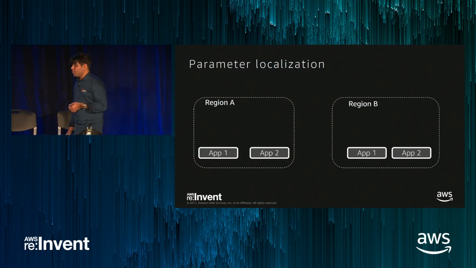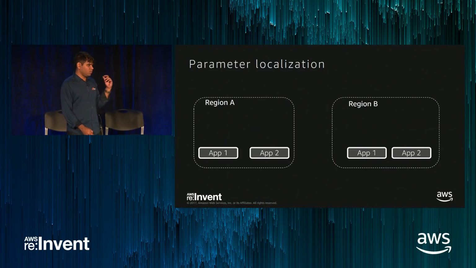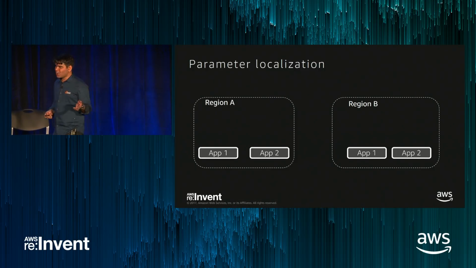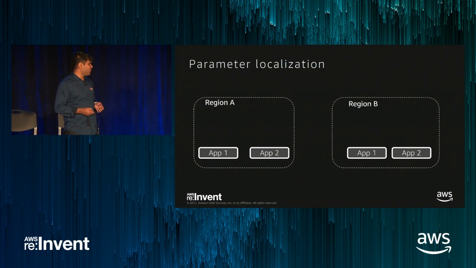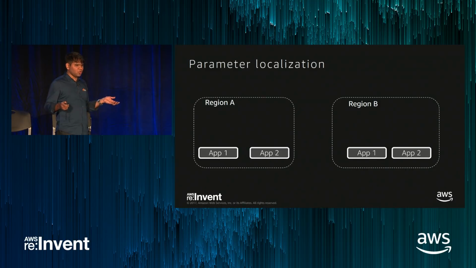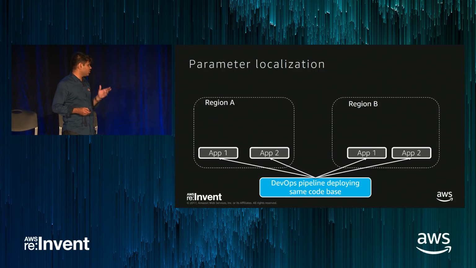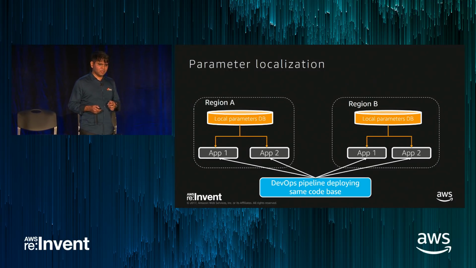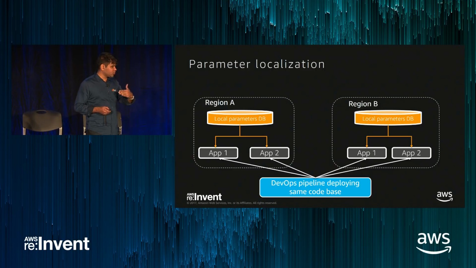Now, this is very important: parameter localization. This is an age-old best practice that people always ignore, that you don't hardcode things in your code, right? So you should have a philosophy of storing parameters outside, because your code ideally is going to be the same, even in the multi-region world. You want to deploy the same code in one region and the other. Your parameters are going to change based on the location. So you should have some kind of a parameter DB where applications can query their parameters from.